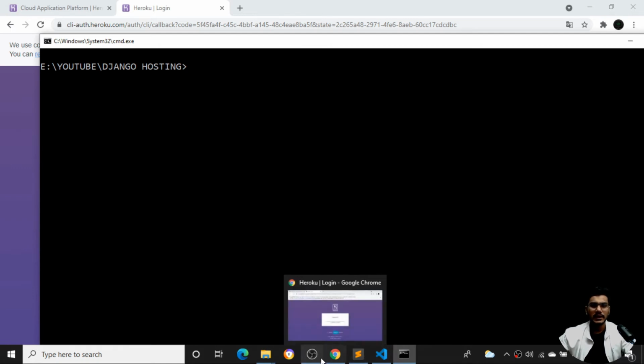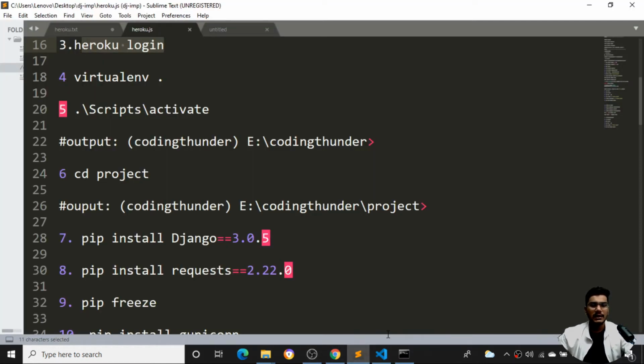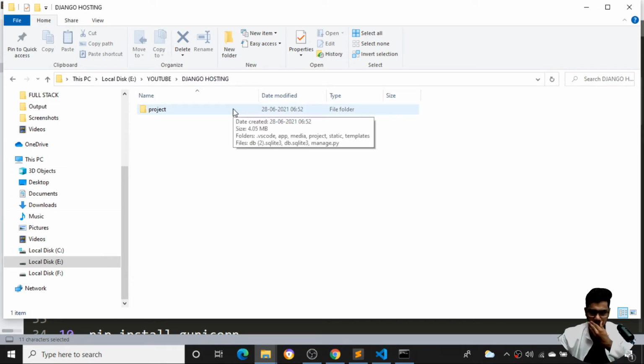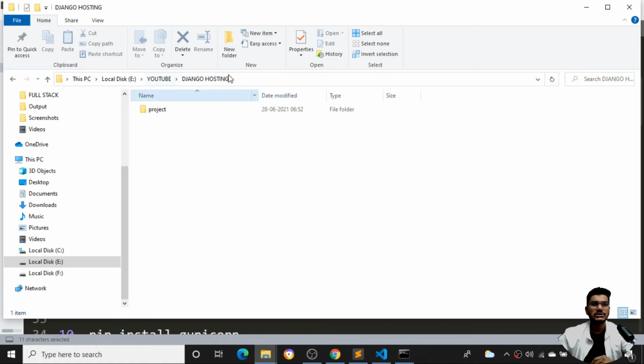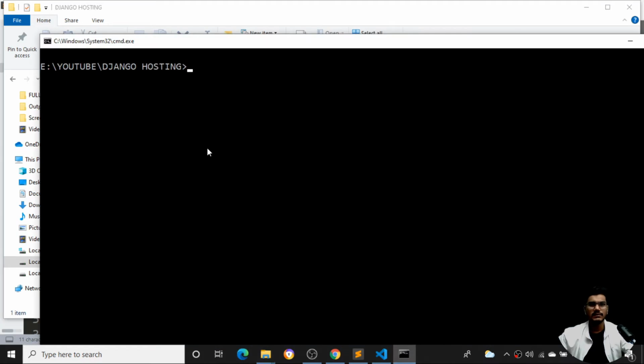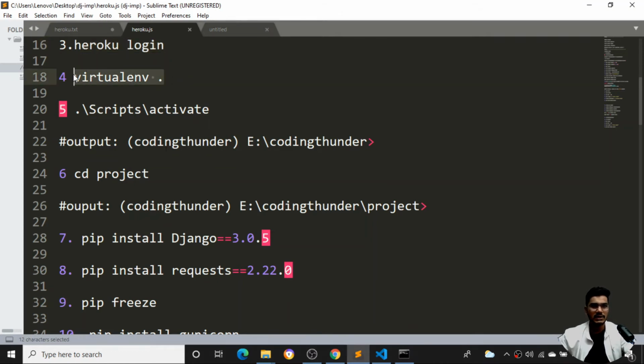Next, after installing, I need to activate this particular folder. This Django project folder, I need to activate as a virtual environment. I need to install some of the modules so that it cannot mismatch with any of the other folders. So I'll be putting this particular project into a virtual environment, that is virtualenv, where I'll be installing Django again and everything inside it, so that it will not be related to any of the other folders over here. So I'll say virtualenv, give a space, put a dot and enter.